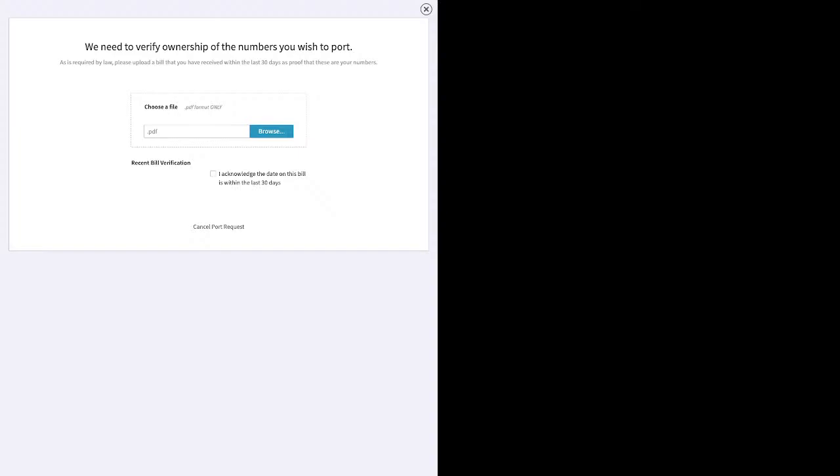Because an unsigned LOA will get rejected. And it may not get rejected right away. We'll submit it. Let's say the porting person missed that it wasn't signed. They submit it. The losing carrier doesn't have to respond right away. They can wait a few days, and then they'll respond saying, unauthorized signature, because when you look at it, it wasn't actually signed. So we do try to double check to make sure that there's no immediate auto rejection kind of things